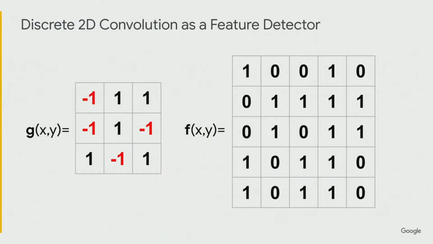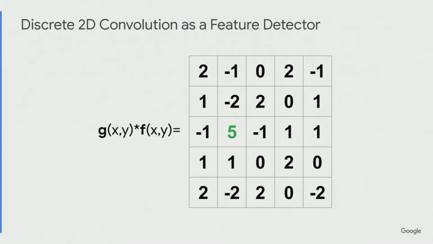Intentionally, we're using a binary image, I'll say binary matrix, binary input. And it's maybe not clear yet, but the values that we've chosen for G in this case, these values weren't computed, they were chosen very specifically. And so let's see what happens when we convolve these very specifically chosen G's and F's.